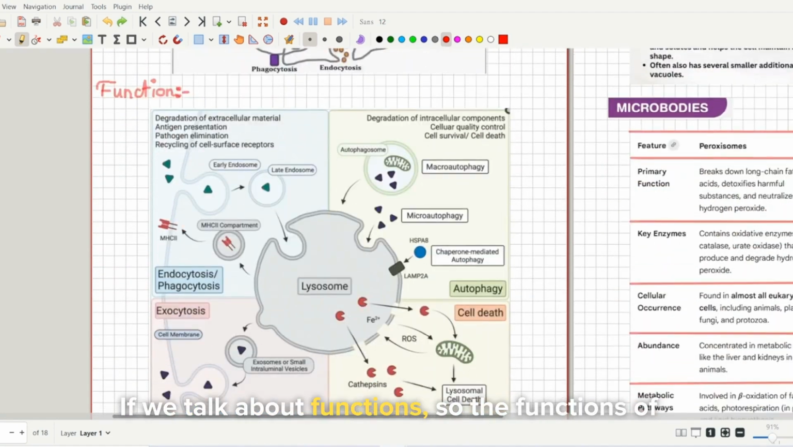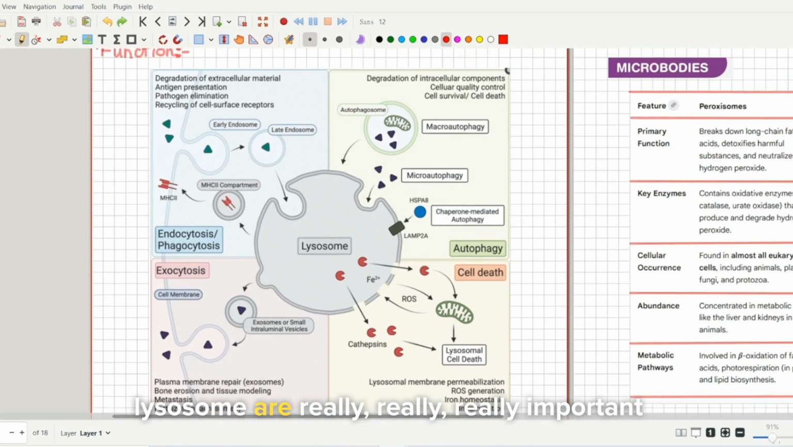If we talk about functions, the functions of lysosome are really important, because there are 4 different diagrams that you can see here, and they are 4 different major functions of lysosomes. First we talk about phagocytosis. So whenever a different organism, any foreign particle, comes into your cell,